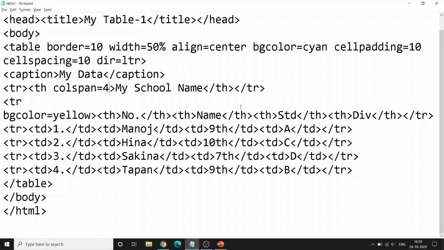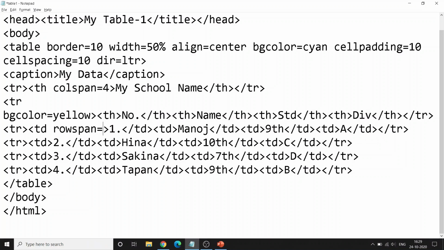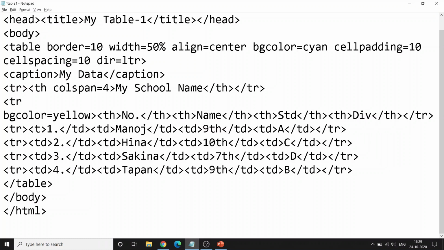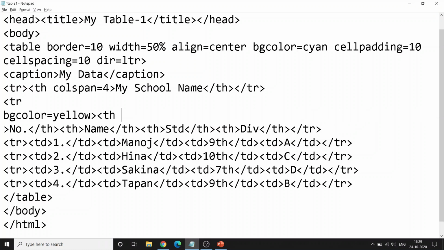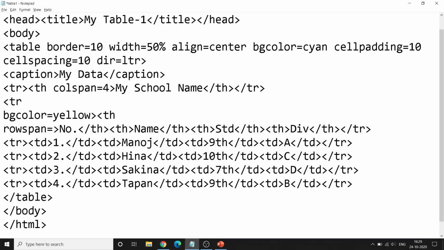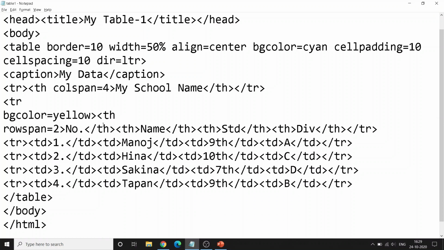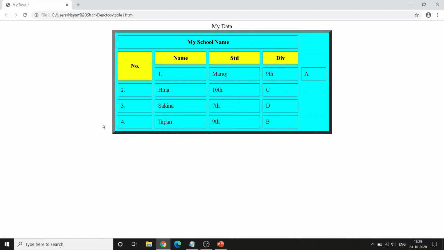If you want to see one example, we'll quickly see one example of row span. Here I say row span is equal, not there, but in the first row we'll see, that is this first row. Here th we say row span is equal to 2, but remember now table will not be having symmetric output. Here you see why. The reason is first row, first cell, this cell is spreading over 2 rows. So one cell is already merged with this. The one cell of the second row is already merged with this.